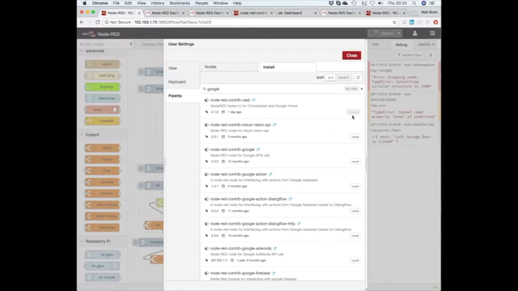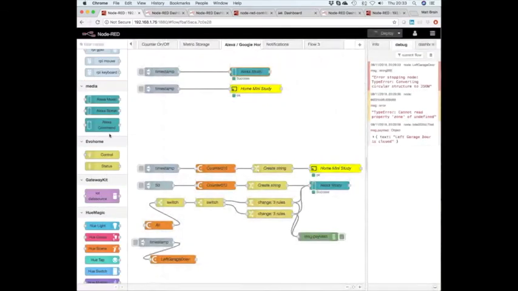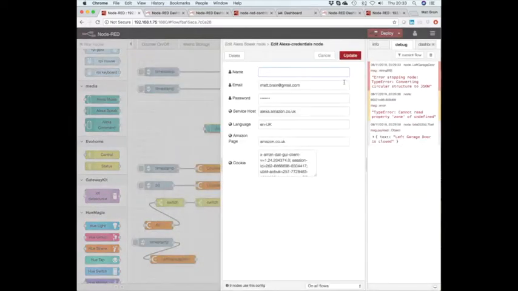And they're quite easy. You click install, it takes a few moments, and then it's installed the module, and you end up with some additional nodes. So let's have a look. So this is the Alexa nodes for speaking. To use it, drag the node out, and then go ahead and configure it. Each one of these takes a bit of configuring. What I'll do is I'll probably post some instructions later, but briefly, for the Amazon unsolicited notifications,